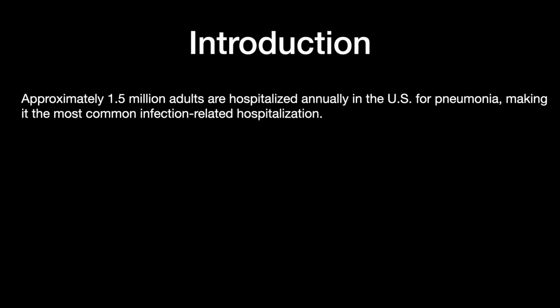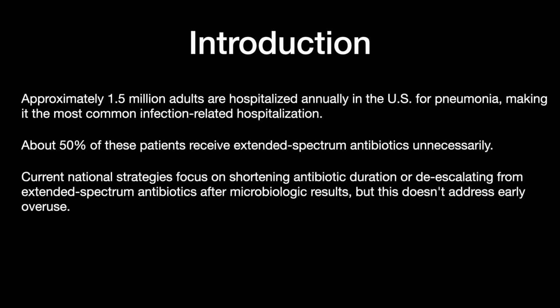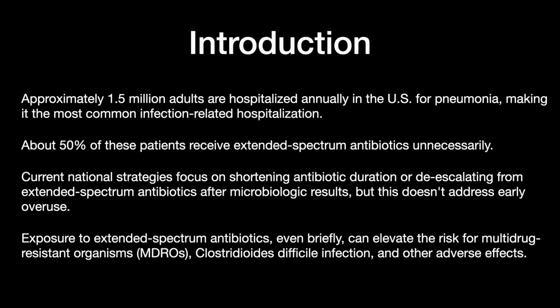Approximately 1.5 million adults are hospitalized annually in the US for pneumonia, making it the most common infection-related hospitalization. About 50% of these patients receive extended spectrum antibiotics unnecessarily. Current national strategy focuses on shortening the antibiotic duration or de-escalating from extended spectrum after microbiological results, but this doesn't address the early overuse. Exposure to extended spectrum antibiotics, even briefly, can elevate the risk of MDROs, Clostridium difficile infections,